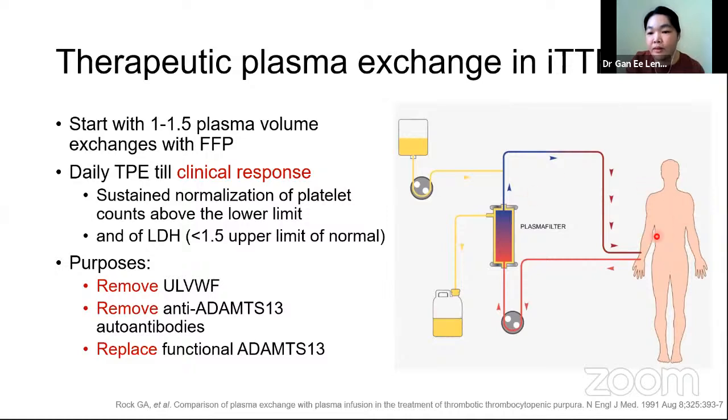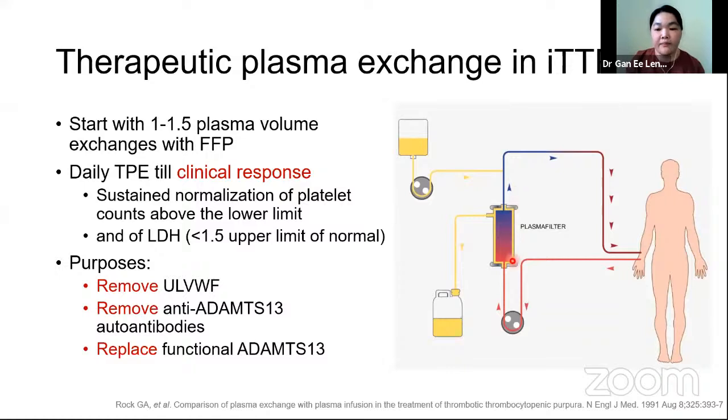From the procedure point of view, we have 1 line out and 1 line in. So the patient's blood will be drawn to a plasma filter. Our plasma machine is usually in hematology, we use a TIA machine. Basically the concept is that your whole blood inside the machine is being centrifuged, so the centrifuge will separate your blood components